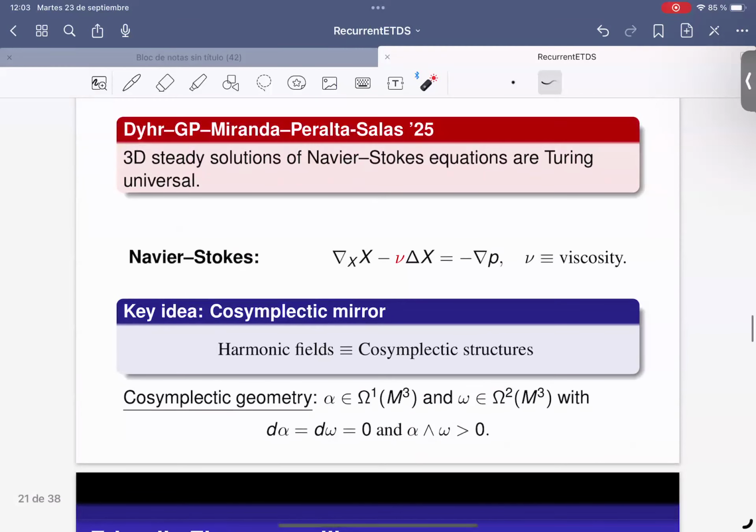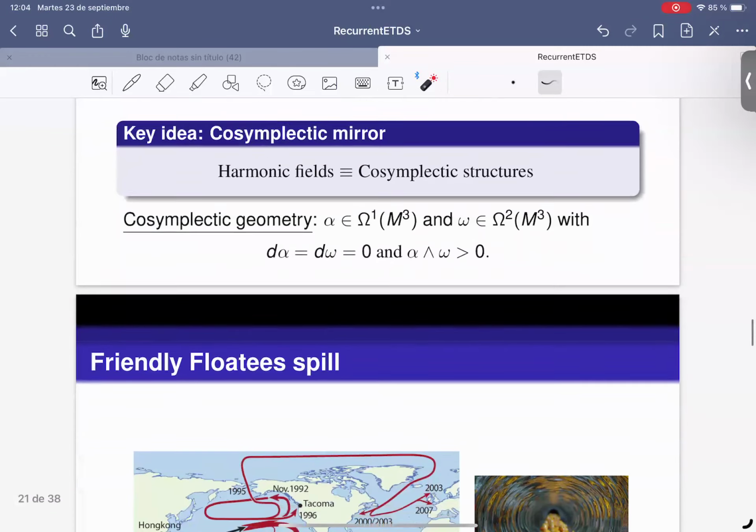Okay, and using the same trick and the same kind of ideas, you can prove the co-symplectic mirror, and then, kind of mimicking the proof, you can prove the same thing for Navier-Stokes. But it's actually much more technically involved because harmonic vector fields are much more involved. In particular, co-symplectic structures are much more rigid than contact structures. Contact structures exist for any three-dimensional manifold. Co-symplectic structures do not. Okay. And